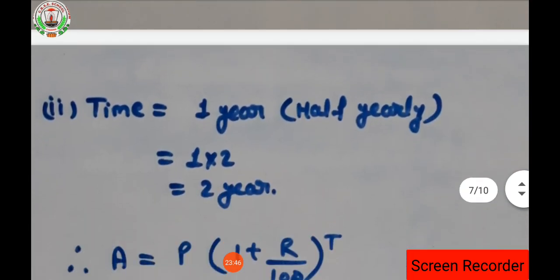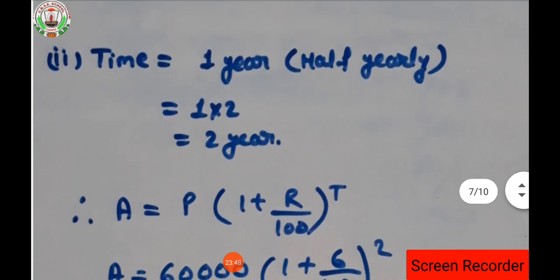Okay. Now second part of the question, it is talking about 1 year. Okay. Time is 1 year, but the principal and rate will remain same. So if we are talking about half yearly, that means 1 year will be multiplied, just it will become double, isn't it? Since we are talking about half yearly, so in half yearly condition, rate become half and time become double. So if it is 1 year and half yearly talking about, then it will be 1 into 2, double, that means it will be 2 year.